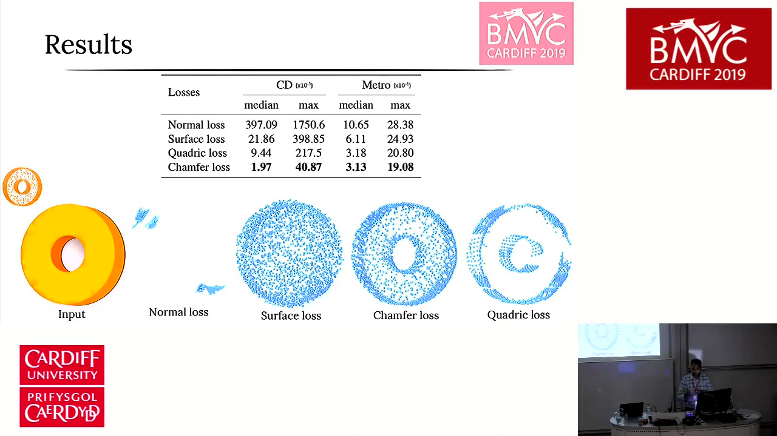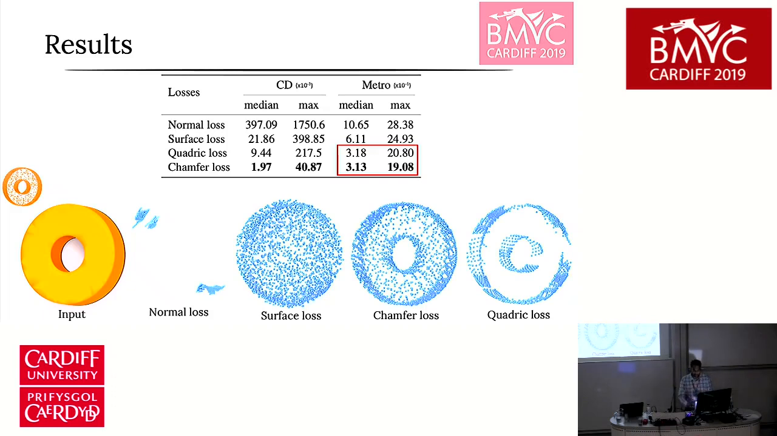We first study the effect of these losses individually. As you can see, while normal loss focuses on high order features, surface and chamfers on overall structure and point distribution, our quadric loss specifically encourages points to lie along the sharp features. And this is why it has a higher chamfers error as compared to chamfers loss. It's also interesting to see similar metro error for both of these, suggesting that the surfaces generated from both chamfers